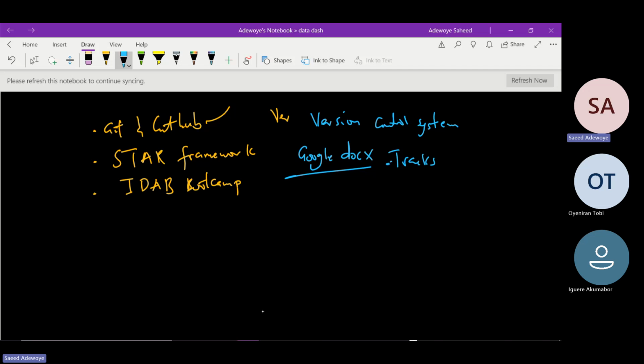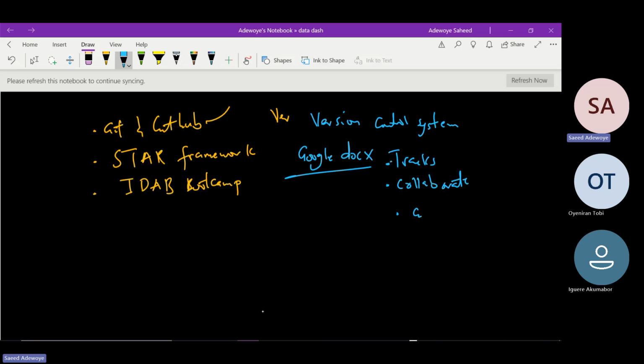And aside from that, more than one person can work on the same Google Docs document. I can be typing on the document, and you also might be typing on that same document without any conflict. It's enhanced collaboration. You can collaborate on it. Likewise, you can also revert back to the previous version.